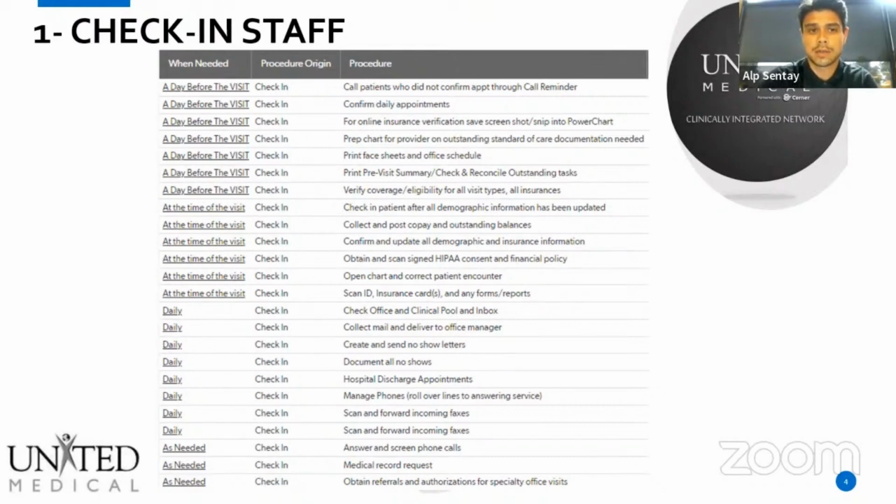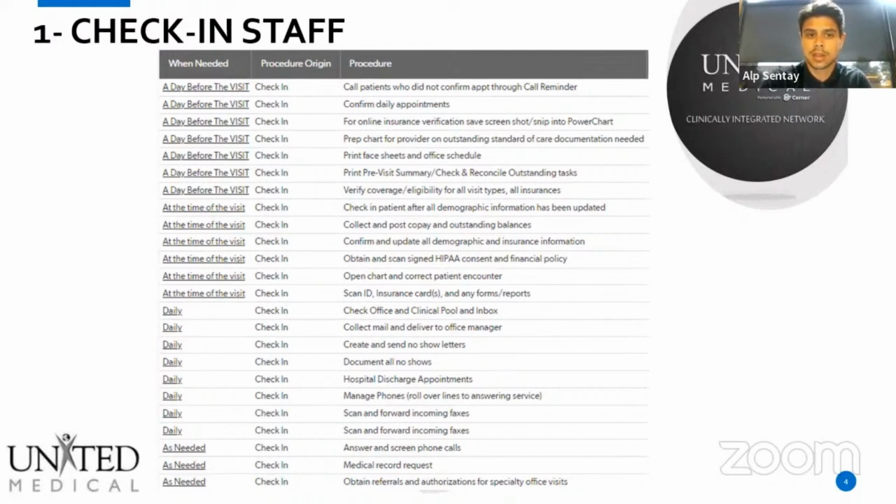For check-in staff, we have different responsibilities. They have things to do a day before the visit, at the time of the visit, daily, every single day, and also as needed. Some examples: a day before the visit, we have our daily appointment reminders that go out automatically. They need to confirm these daily appointments, and then they can call the patients who did not confirm through these